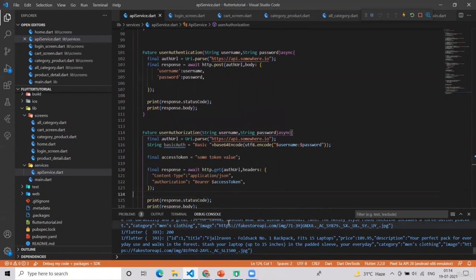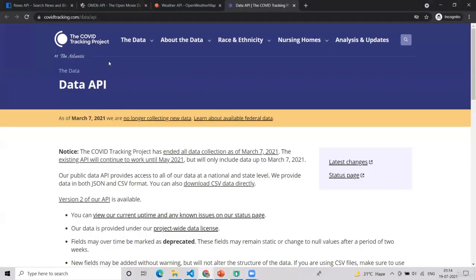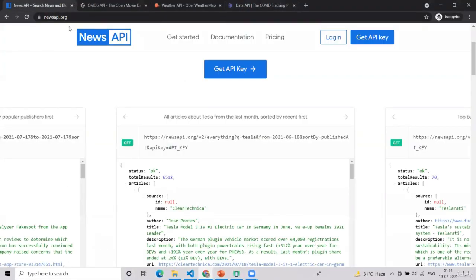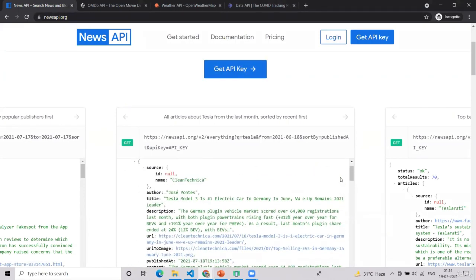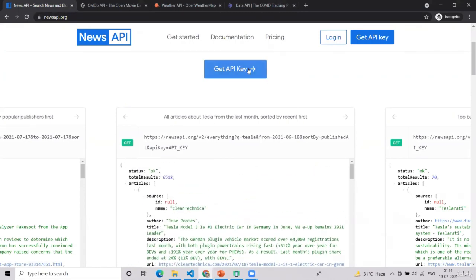So I know you might be asking, okay, but there was no real API. So I'm just showing you some examples. One, you can go and try this newsapi.org. It will give you all the latest news. So you can get the API key from here and read the documentation on how to use that API to authenticate yourself.